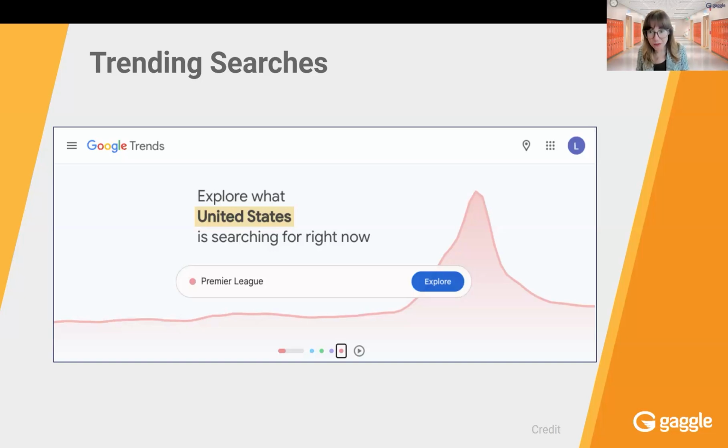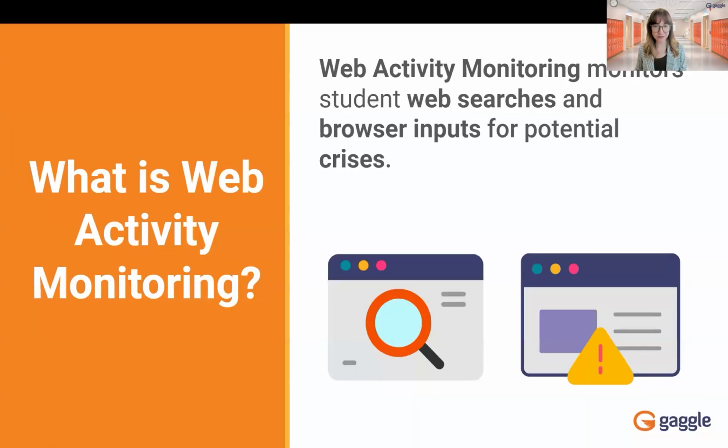And because students mirror our own adult behaviors and they are turning to the web for answers, many of them are suffering in silence, and their distress has been unnoticed until now. That all really lays the groundwork for why we are here today and what we're here to talk about, which is web activity monitoring. This powerful tool that we're talking about is going to use our advanced algorithms and keyword detection